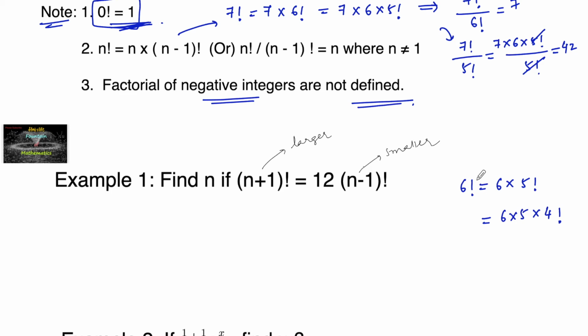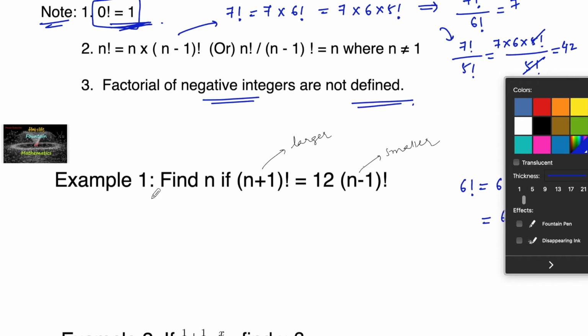So here also 6 factorial and 5 factorial. 6 factorial, 6 is a larger number than 5. So 6 factorial can be reduced down to 5 factorial and even to 4 factorial. In the same manner n plus 1 factorial we can reduce it to the next lower numbers till n minus 1 factorial. So let us write here